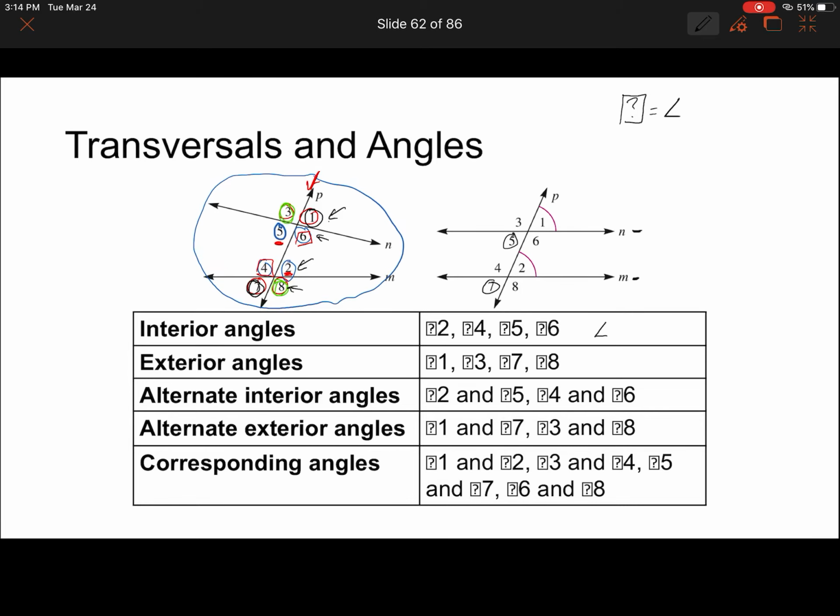You'll also notice that alternate exterior angles are also going to be congruent, because if angle 1 and 5 are vertical, and 2 and 7 are vertical, and 5 and 7 are congruent because they're corresponding, well then 1 and 7 have to also be congruent. And so there's a lot of connection between each of these and their angle measurements if the two lines are parallel, like line M and N in this case. If they're not parallel, there are some commonalities, but not as much. So most of what we